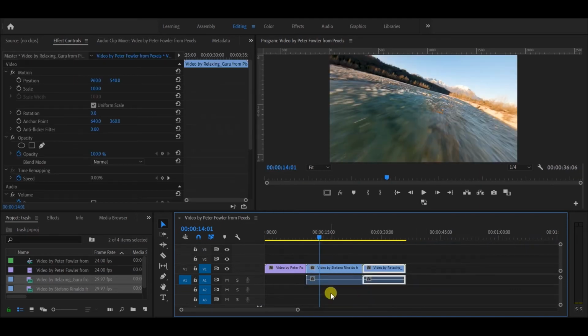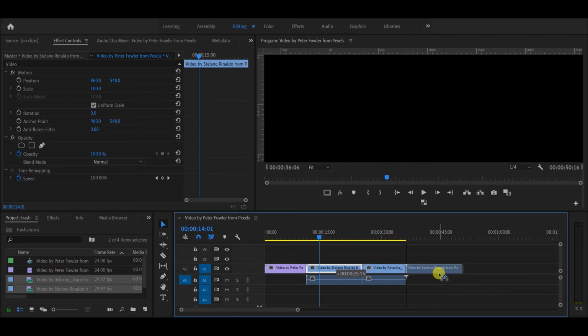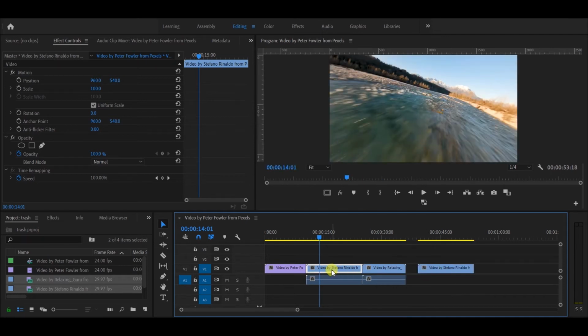For example, if you want to duplicate a video, just press the Alt key. Once you press the Alt key, just click on any video which you want to duplicate. Once you click on it, just drag it. You can see it has created 2 duplicate copies without using right click and all.